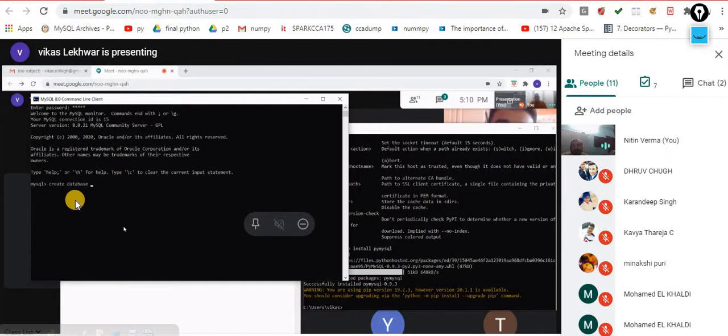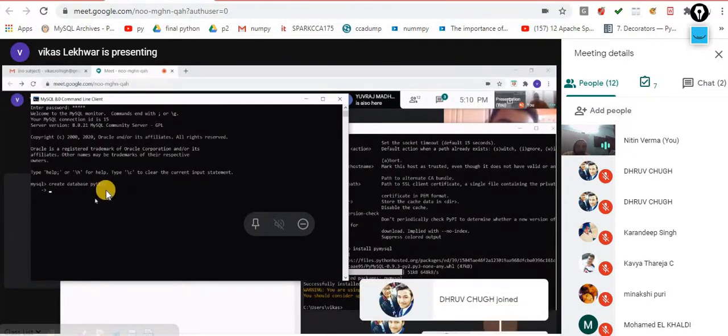You can create a Python one, just write PythonDB. Press enter. Semicolon and enter. Now press semicolon and enter. Make sure whenever you perform any command inside this, it is mandatory to put a semicolon at the end of every command. Okay, press enter.